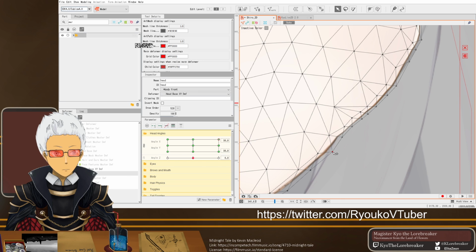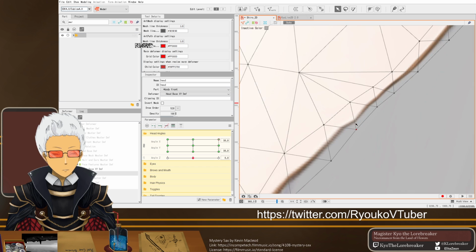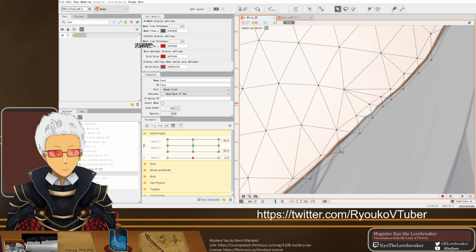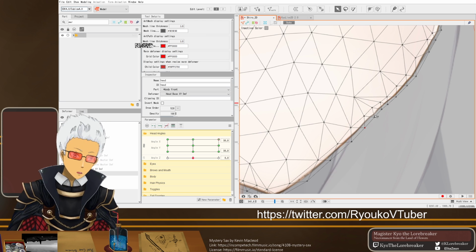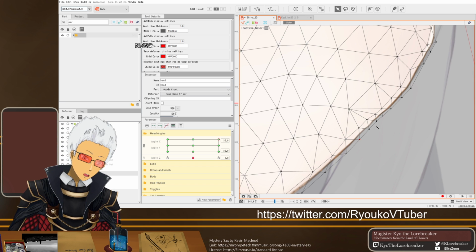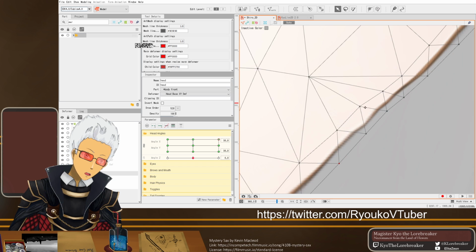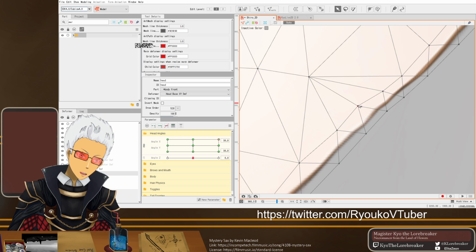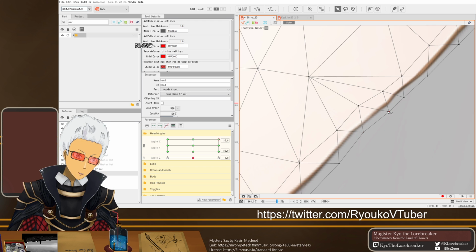Alright. Let's see. Let's try buffer out this way. I think I might, emphasis on might, be able to do something in order to prevent this. I'm tilting my head right now, just trying to get a look at this. It's just this part right here that bothers me the most. And what sucks is I'm gonna have to do this on every single corner. So, welcome to rigging.